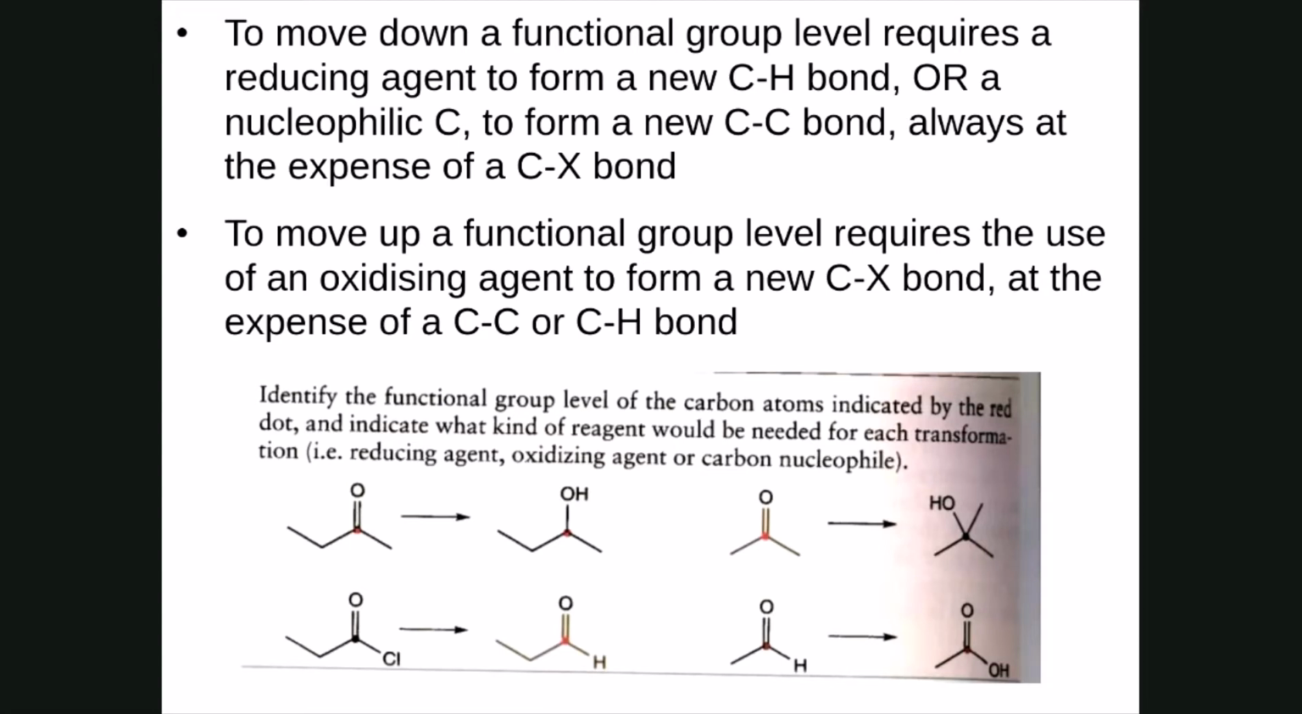And I'm going to ask you to identify in the carbon that has the red dot, first of all, which group level that carbon is, both in the reagent and the product. And second, what kind of reagent would you use for each of the transformations? Would you use a reducing agent? Would you use an oxidizing agent? Or would you use a carbon nucleophile? As an example, I'm going to do the first